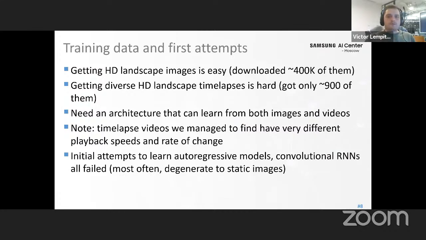And we have tried a lot to learn different autoregressive models, convolutional RNNs, and perhaps because we didn't have enough videos, they all failed. Most of the runs sort of degenerated to static images, so you put in a holdout image, and then it maybe does some little change, and then it starts at some fixed states. So there were no plausible animations, or at least we couldn't get any progress with this sort of direct autoregressive model idea. So instead, we decided to build a generative model for such videos, and we built it on top